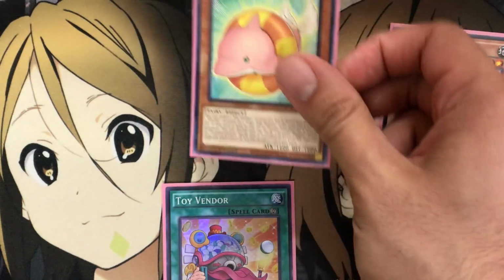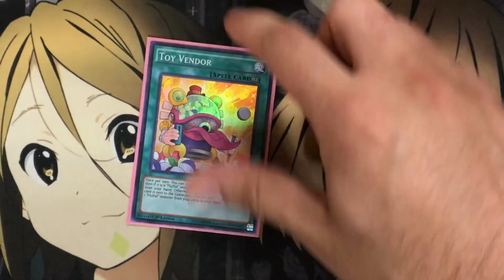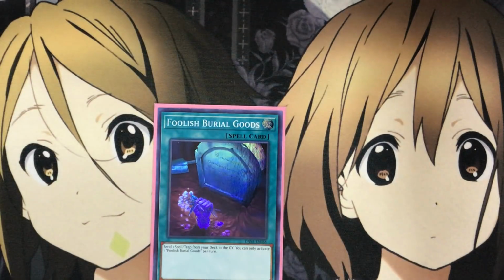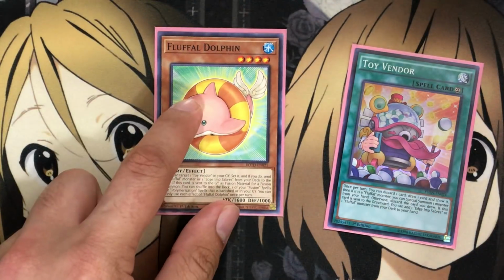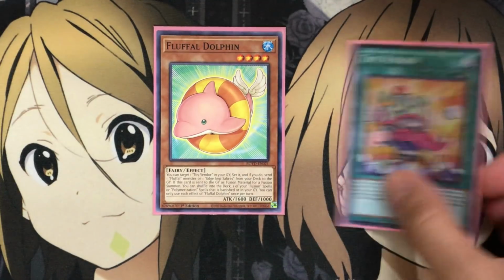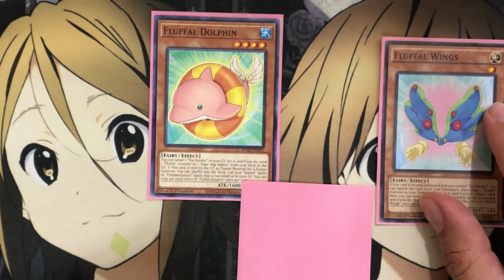you have the setup to go for the Toy Vendor play for the field as well. So relying on that setup as another additional monster for your send, what you'll want to do is rely on your Foolish Burial Goods to send the Toy Vendor to the graveyard, and then being able to summon out your Fluffal Dolphin, which then you'll be able to use. You can target 1 Toy Vendor in your graveyard and set it. If you do, send one Fluffal monster or Edge Imp Sabers from your deck to the graveyard, and then just being able to send one or the other for that play makes it all the better as well,